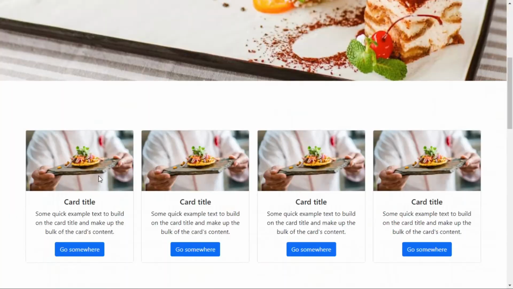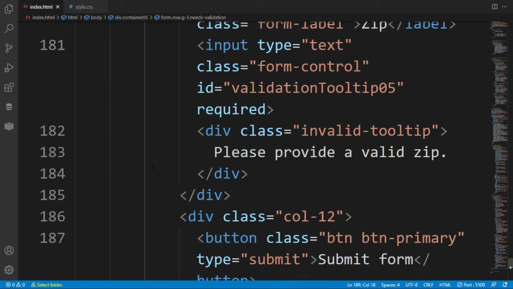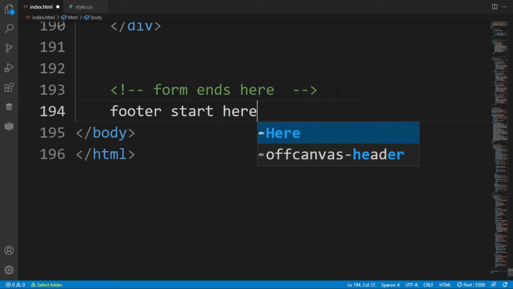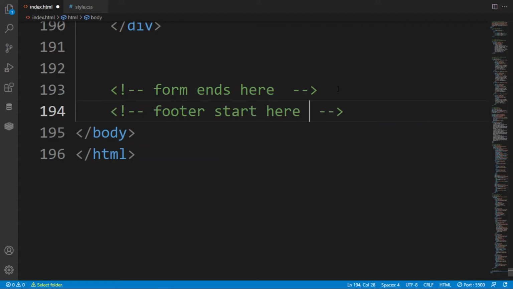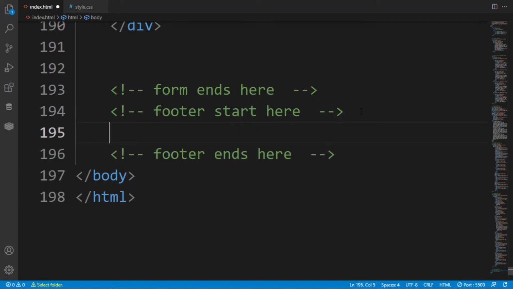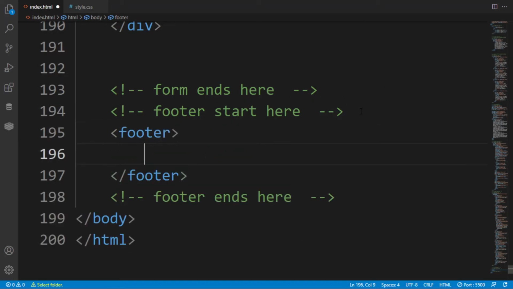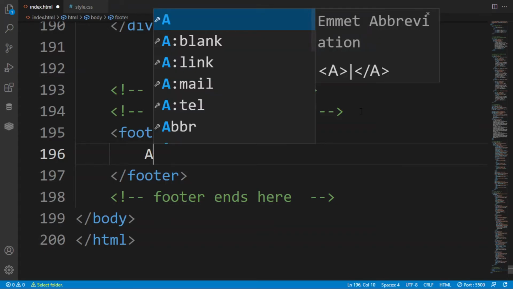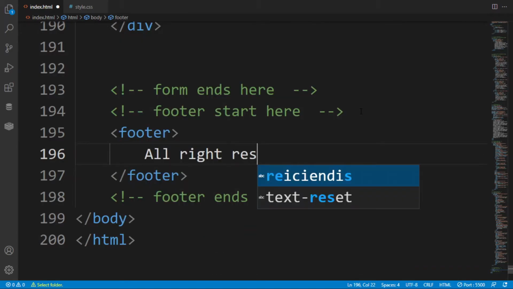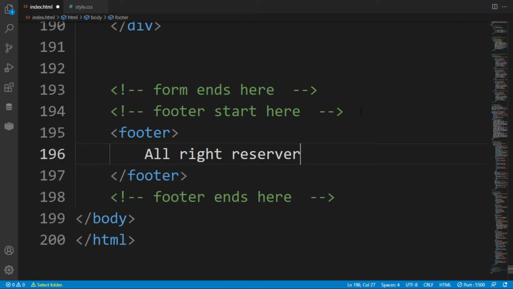After that we have to create the content of our web page. So here in the index.html, after the form ends here, I am putting footer start here. After that I have commented, now double it, and footer ends here. So footer having the content that all rights reserved by that company name or the logo name or anything, the brand that you are going to work.